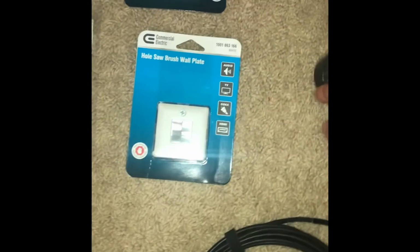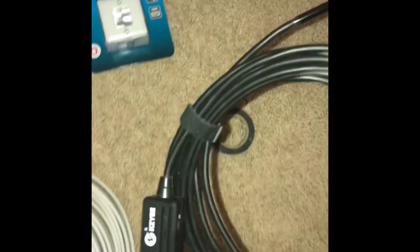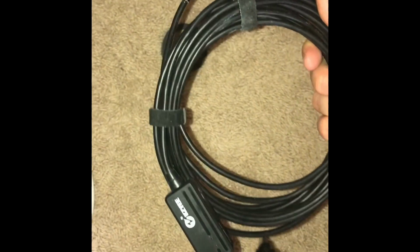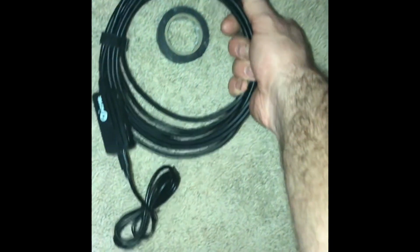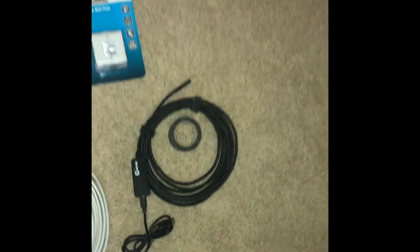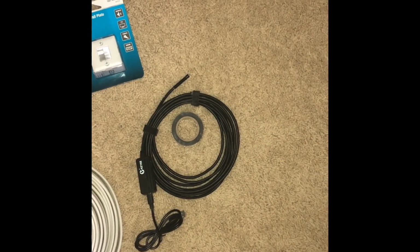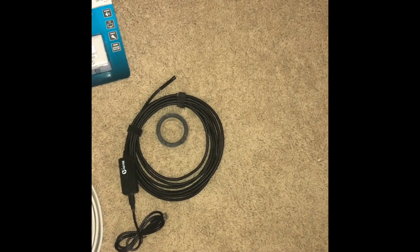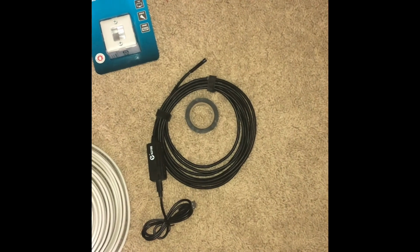Let's see here. I've got electrical wire, and I've got this fantastic 16-foot digital endoscope. What I'm going to do is tape this to the glow rod set, and feed this down through the wall so that I can actually see where my wire is going. This is going to give me a good viewpoint into what's happening behind the wall